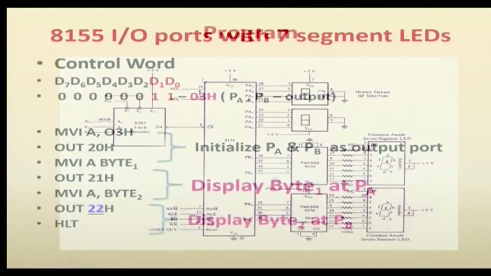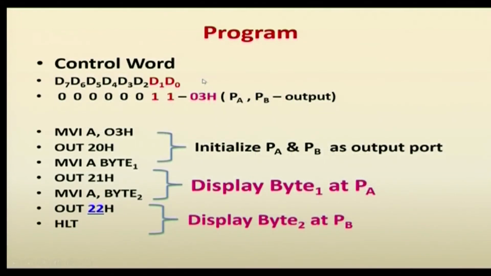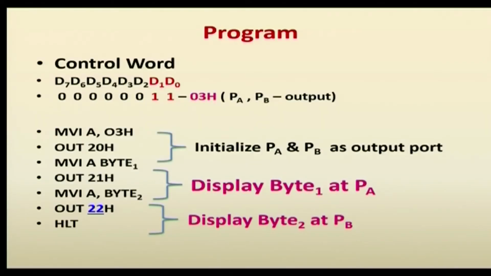So, based on that, how we are writing the programming. First we have to find the control word for our requirements. Here the simple thing we are considering: port A and port B is an output. Port C is not used, we did not use the timer. So, based on that I have written the value as D0 D1, both is considered as the output. So, I am writing 1, remaining is not used or no need for our application. So, I am putting the value as 0.